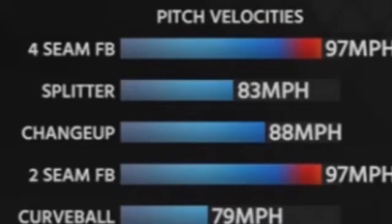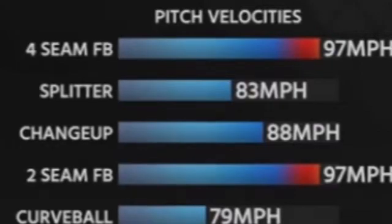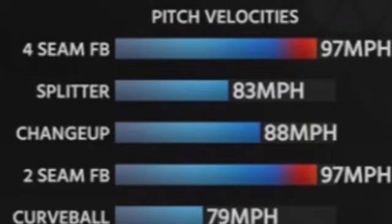So usually about three pitch types for a closer. Jose Leclerc has 5 pitch types. He has a 4-seam and changeup, like I said in the other one. He has a curve, and he also has a splitter and a 2-seam. This is a lot better than just a slider, change, and curve. Because he has a dominant 4-seam fastball averaging...